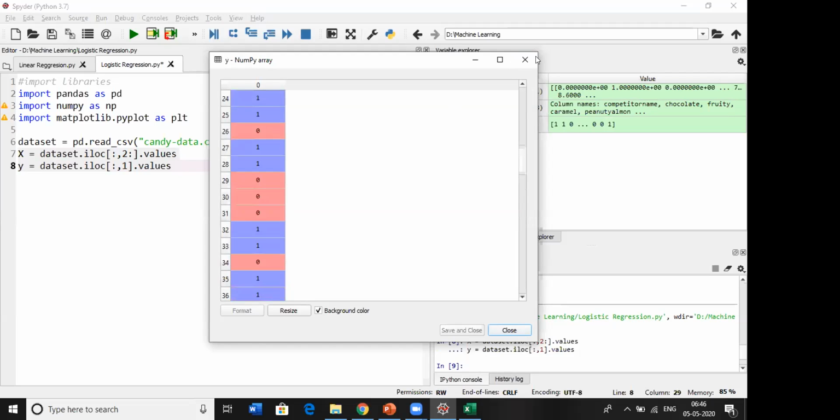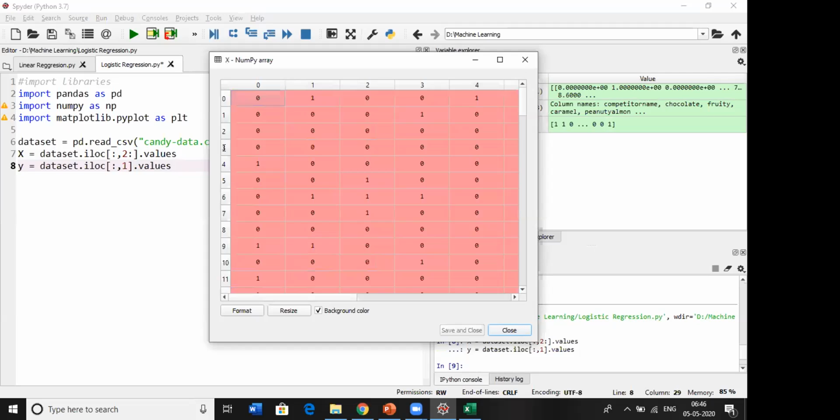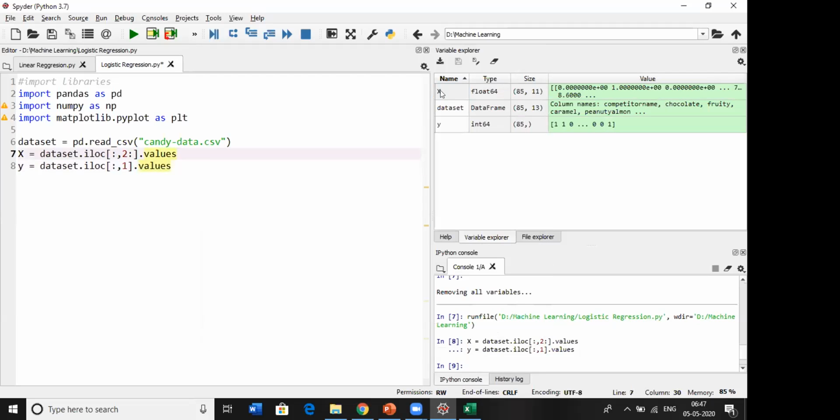Now, do we need to pre-process? This data is already pre-processed. If you want to pre-process, you can see our yesterday's video, where we covered the data pre-processing steps.